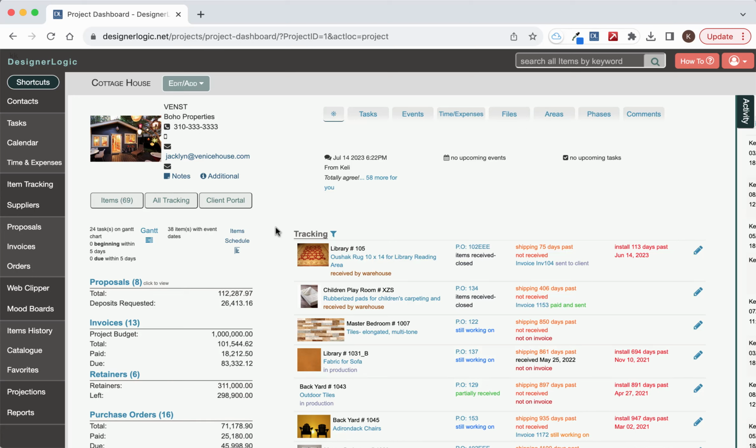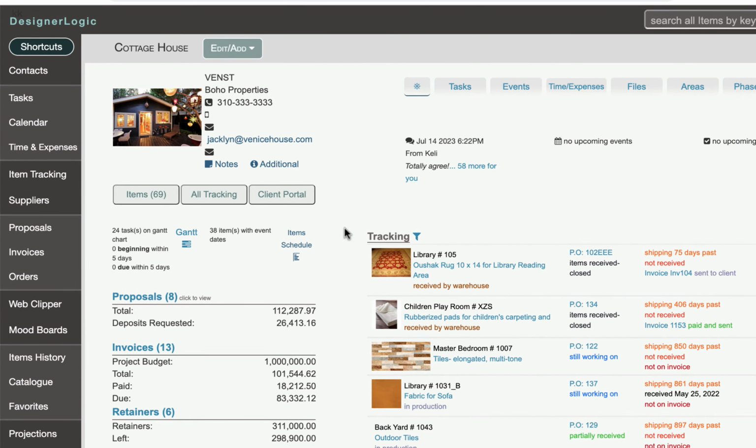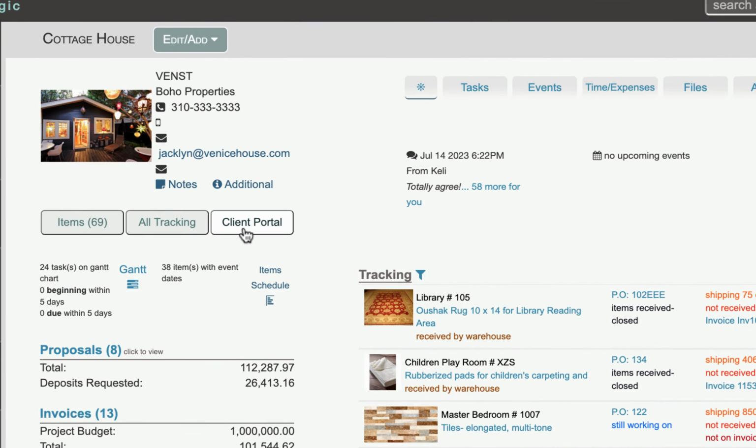DesignerLogic offers a client portal for your clients to be able to log in and view different parts of the project you decide to publish. You get email notifications when your client does something, and your client gets email notifications when you publish something for them to see. To view a client portal, go to the project dashboard and then click on the client portal